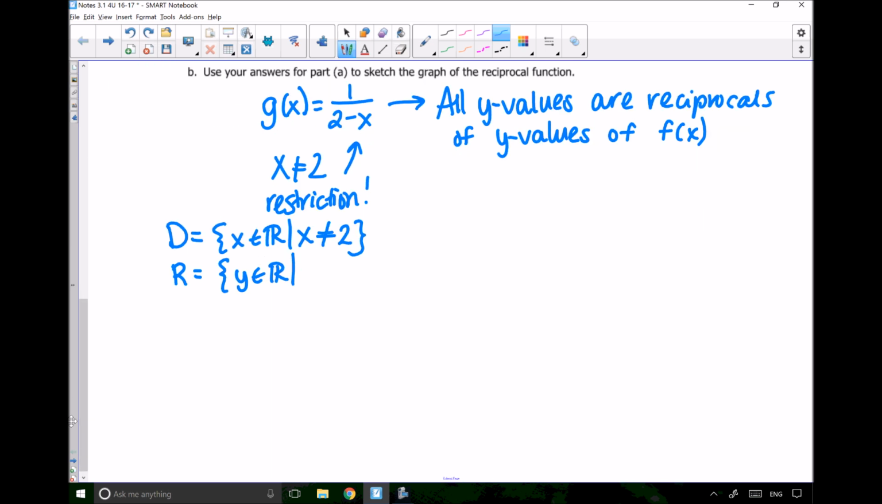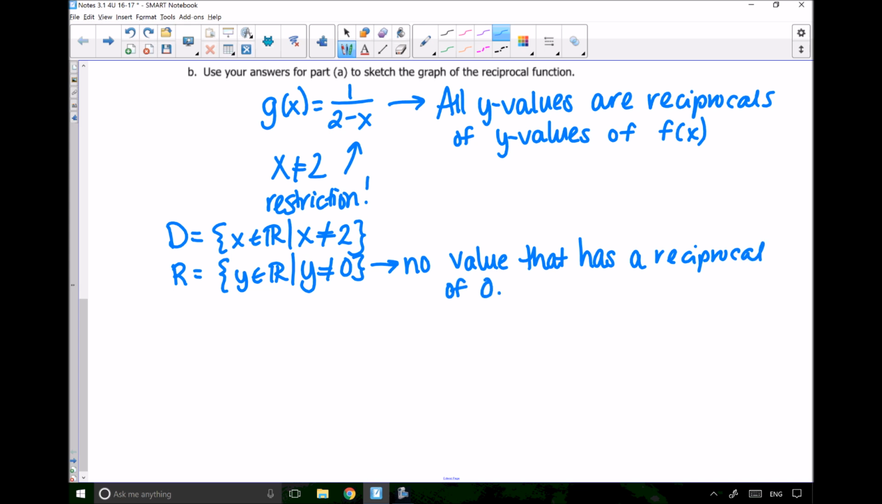So that means right here we can say that y can be any value except for 0. And this should make sense to you because, remember, all the y values are reciprocals of f of x, and there is going to be no value that has a reciprocal of 0 unless it's undefined, which we don't have any undefined values in our original function. Okay, so therefore we have a vertical asymptote